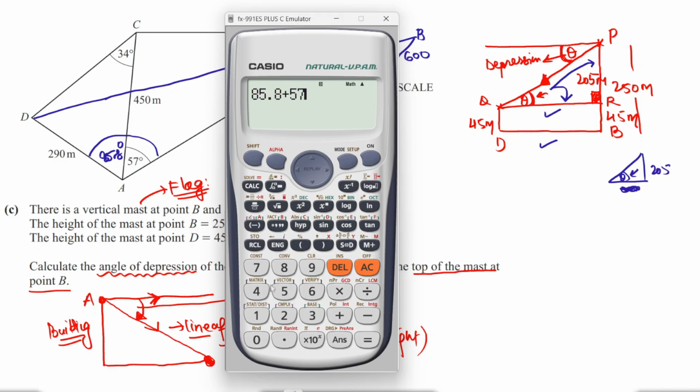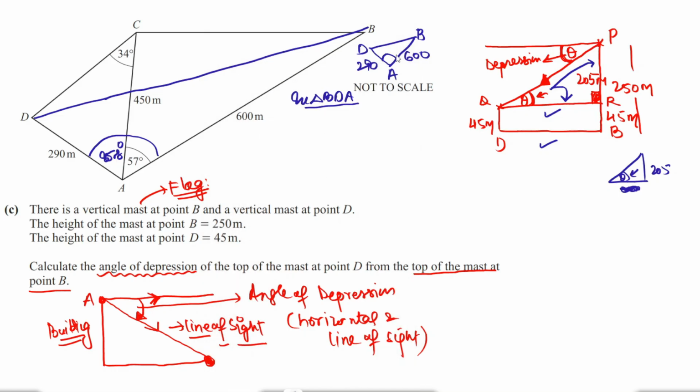plus 57. Okay, this comes out to be 142.8. So this angle is 142.8 degrees. So now you are clear with that. We have a side, the included angle, and another side, SAS, so we can use the cosine rule to find BD. So we'll find BD square, c square equals a square